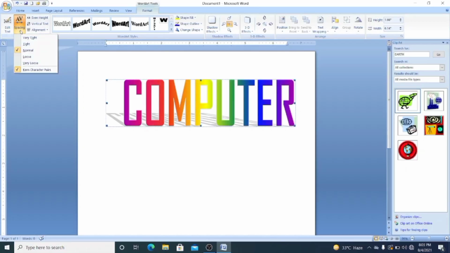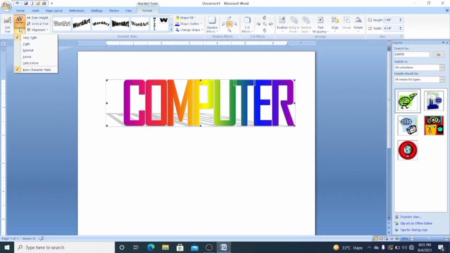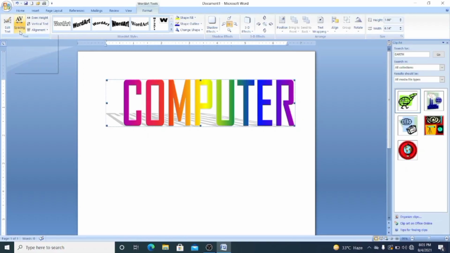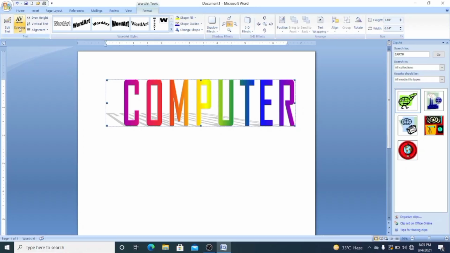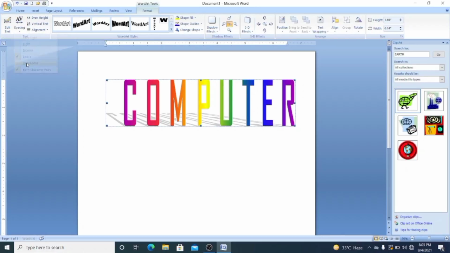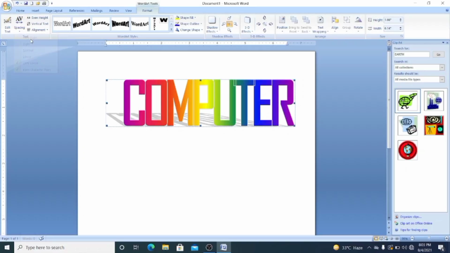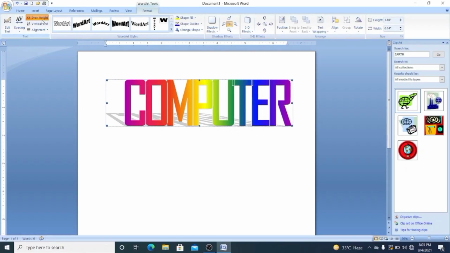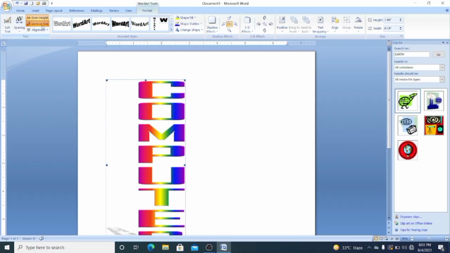If you want to change the spacing, in this space option, you can just click on this. There is the very tight one, the tight one, and the normal one. Here it will allow you to insert space between your text, like the loose one, so all the letters are loosely spaced, the very loose one. By default it is in the tight or very tight manner, so I have just clicked here. Even height, so each letter will get an even height. Vertical text, so it will come in the vertical format like this.